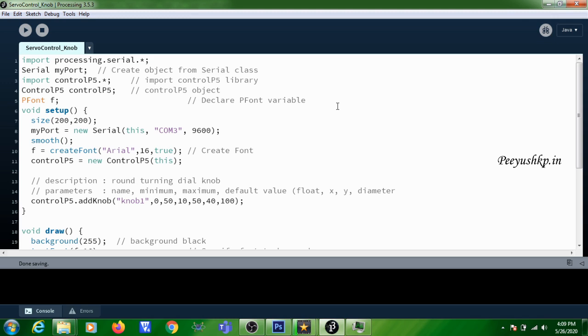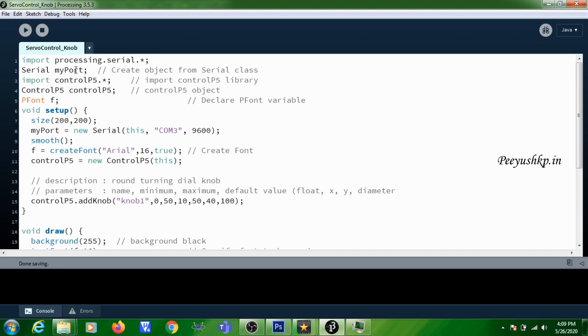So in this program, I am going to show you how you can send the value read from the knob created in the Processing IDE through the serial port. So serial transmission of the value read from the knob is what you will see here. The creation of the knob widget in Processing IDE I have already shown, and I will give the link for that program. Before going through this program, you can go through that one first, then come back to this. I will briefly explain it again.